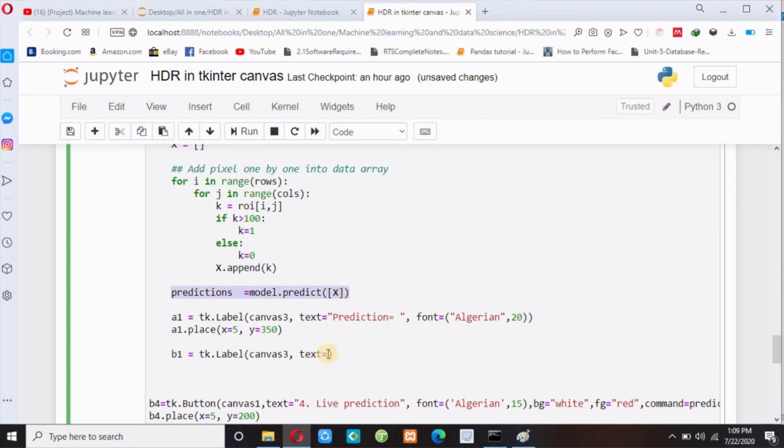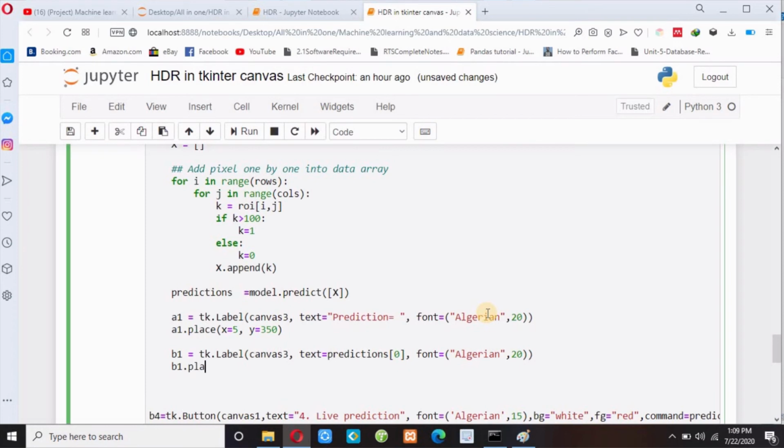So I have to write here text equals predictions in 0 index. Okay, now font equals Algerian size 20, b1.place, I have to increase the x coordinate, and let me write the same y coordinate, so y equals 350.